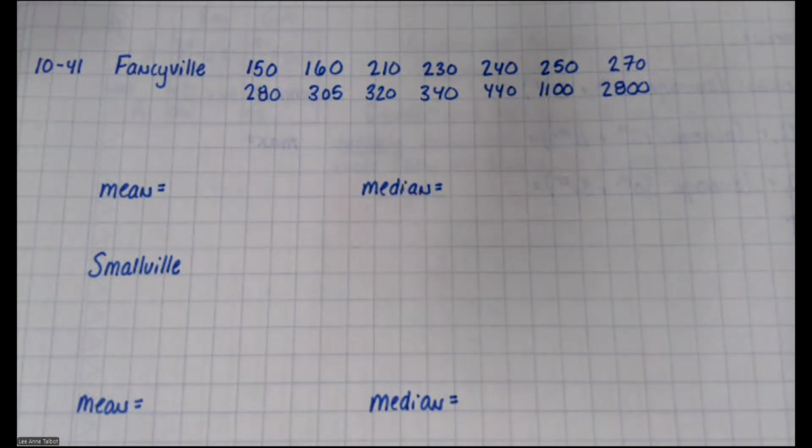Okay. So what I want you to do in your groups is find the mean. Do you guys know how to find the mean? Okay. So you're gonna get a calculator. You're gonna add them all up and hit enter, and then divide by 14, enter.